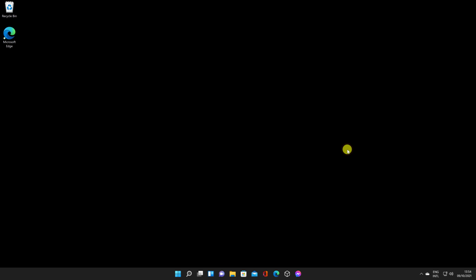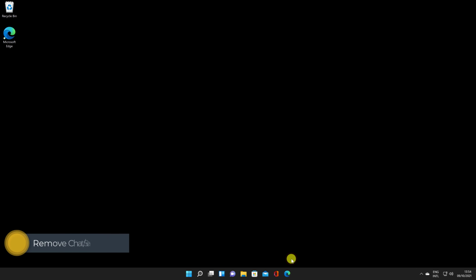But how can you remove an app from the taskbar? Most apps are simple to remove. Just right-click on the icon and select Unpin from Taskbar. A few of the icons take a little more effort to remove. The Start menu icon is, as might be expected, unremovable. But there are 4 other icons that can't be removed but can be hidden.